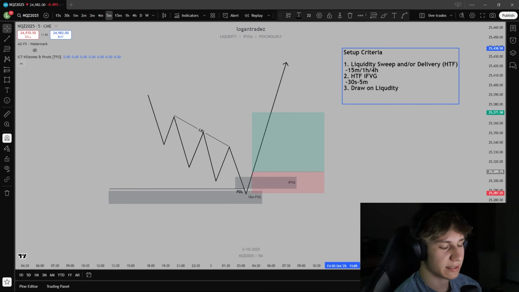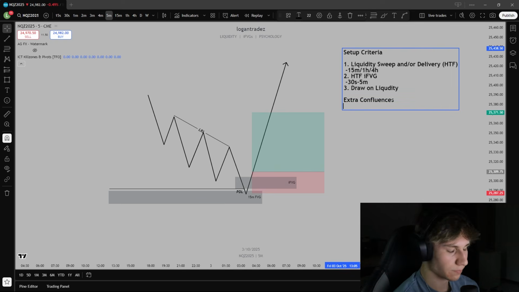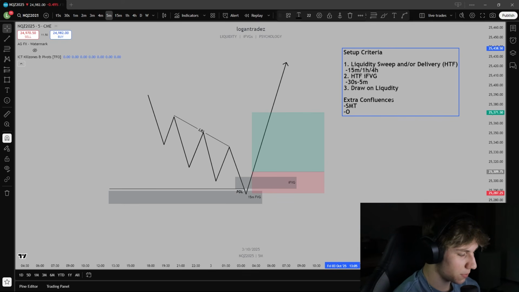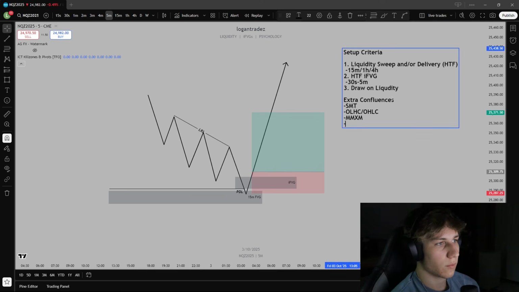What are some extra confluences? So I'll put extra confluences. We got SMTs. We got open low high close / open high low close. We got market maker models. What else do we got? That might be it. Goes with bias could be one, but most of the time you want your trade